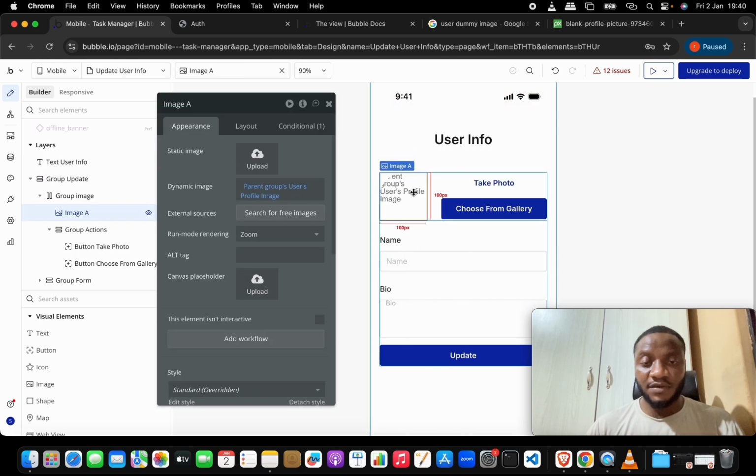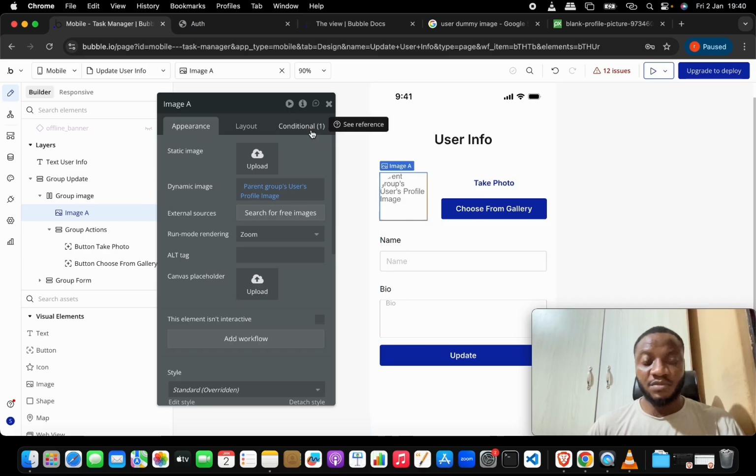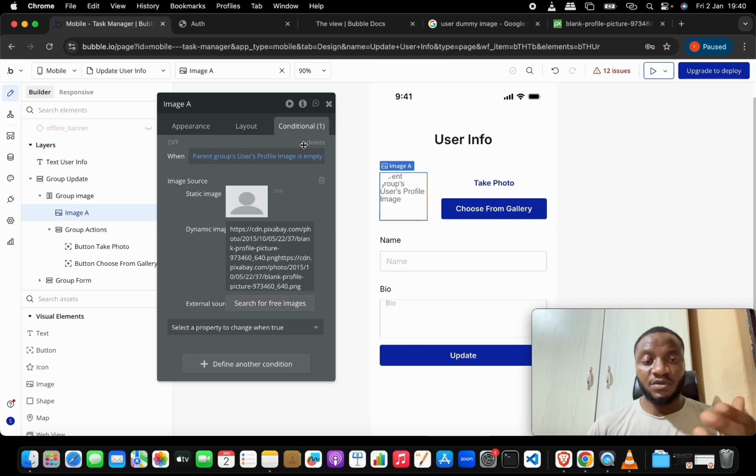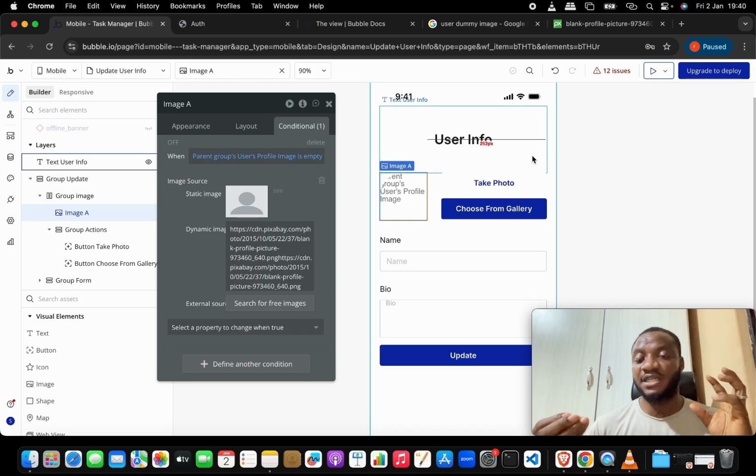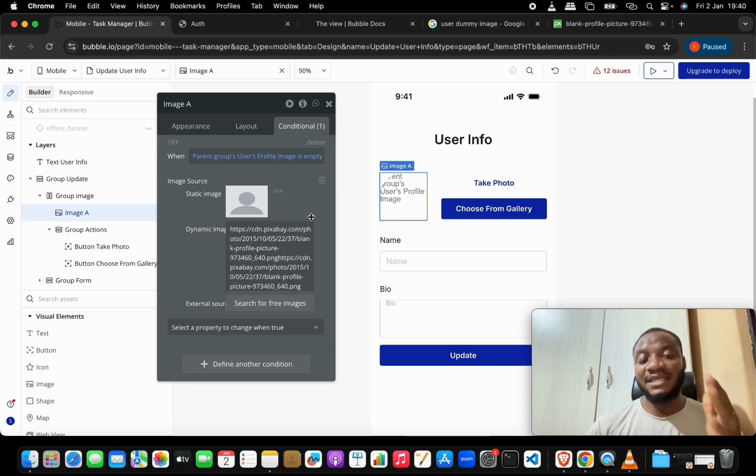Now let's come back here, and then we want to set up a few conditions. So now, if the image that's being held there, that's the image we have taken as photo, is existing, we want to have it here instead of this canvas image that we have here. All right, so let's add this